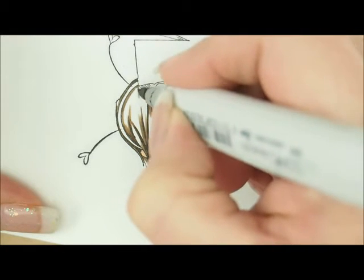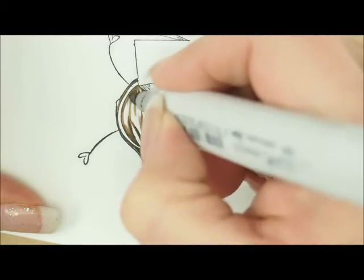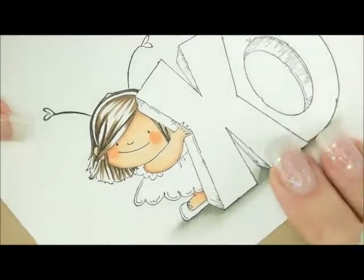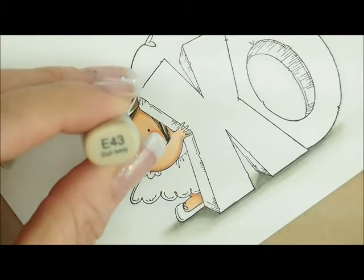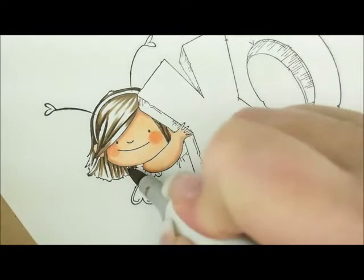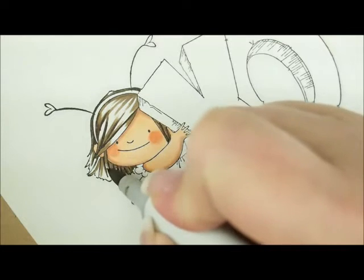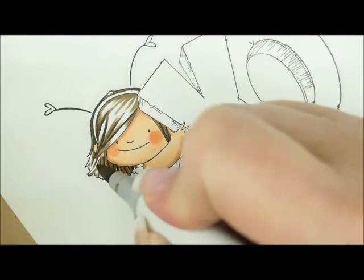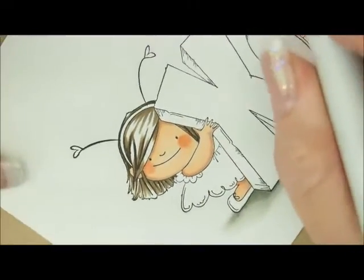And then let's make this color come out this way. Okay. Then I'm going to add E43. I'm going to cover this little section over here in. And up here,